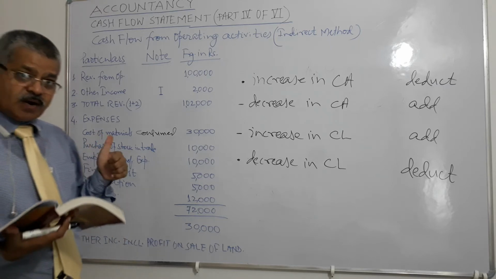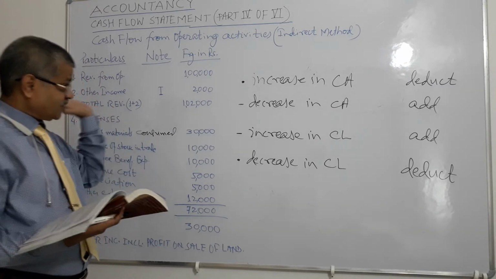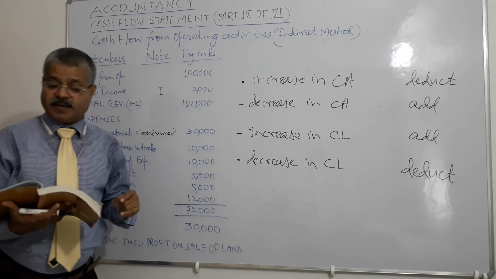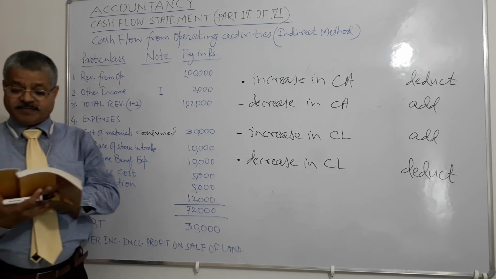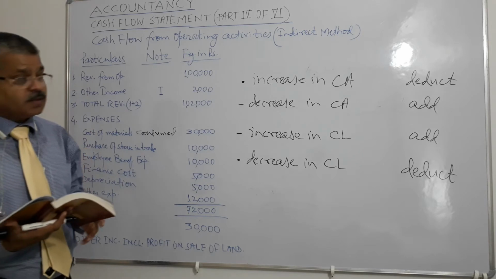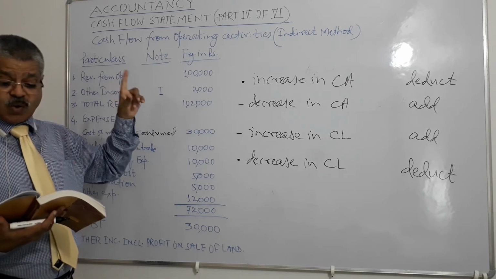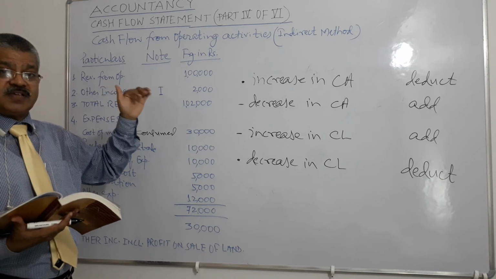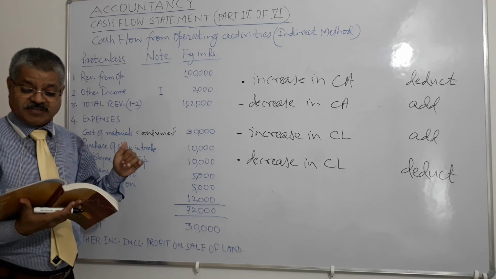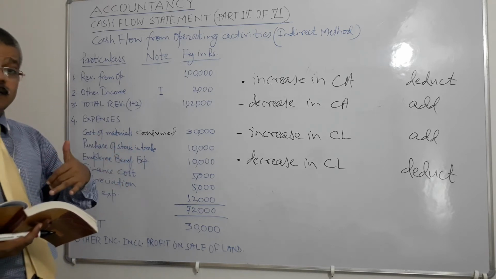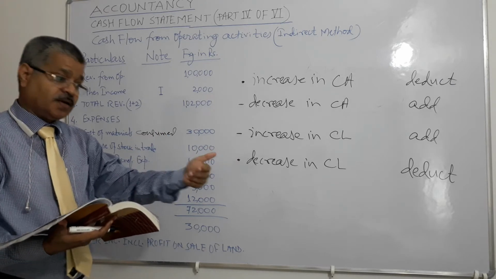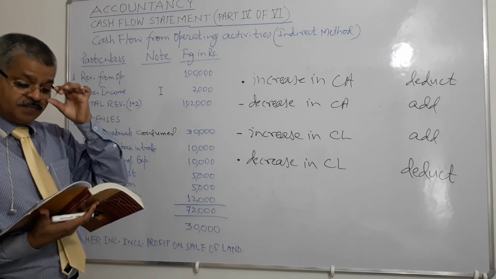Then, as per Accounting Standard 3, which we have been discussing all through this chapter, under indirect method, net cash flow from operating activities is determined by adjusting net profit or loss for the effect of, we have already discussed, non-cash items such as depreciation, goodwill, etc., provisions, deferred taxes, etc., which are to be added back. Non-cash items of expenses need to be added back.